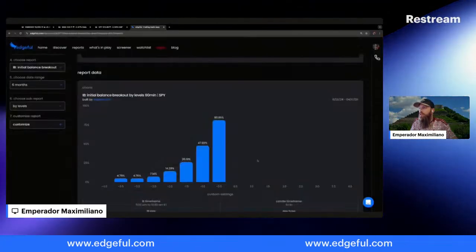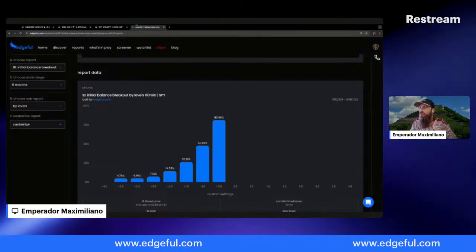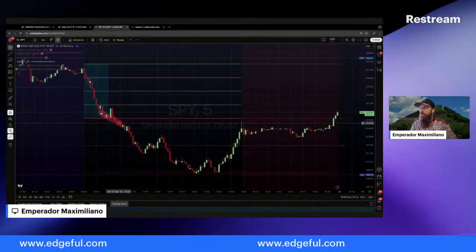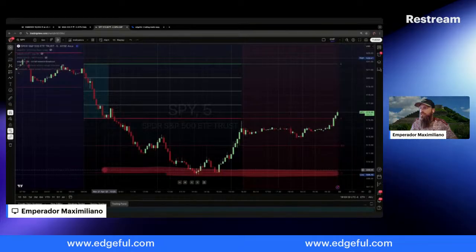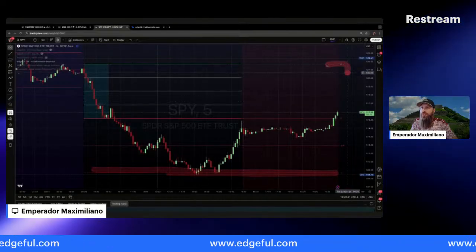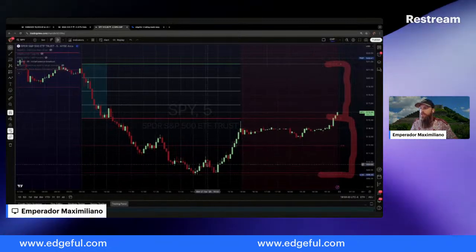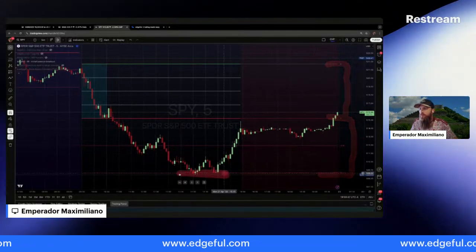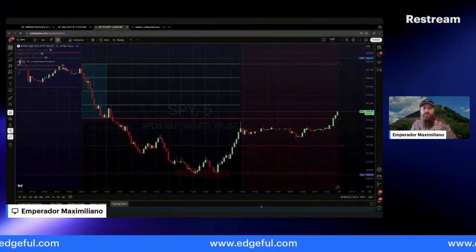So here's the example. 47% of the time, when you break down, you come through this, you're going to go to this level down here, which is one standard deviation, right? So it's this size doubled one more time. Boom. And look exactly where we bought up on SPY today. Exactly. Look, double bottom off of that level. So definitely